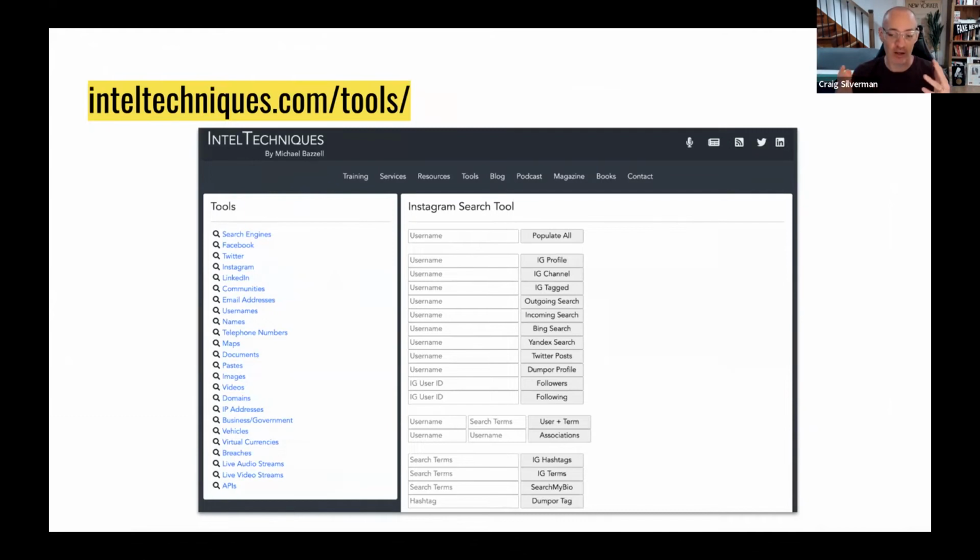He's written an amazing book that you might want to read. It's only in English, I think. And so he keeps this up to date. He took it offline for a while, and now it's back and it's free. I really, really encourage you to bookmark this and to look at the different options here on the menu.